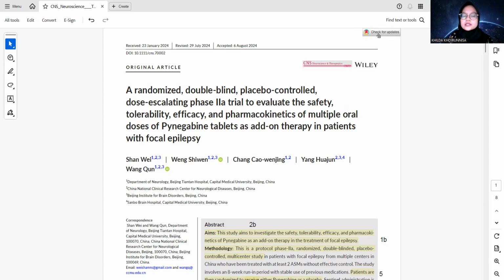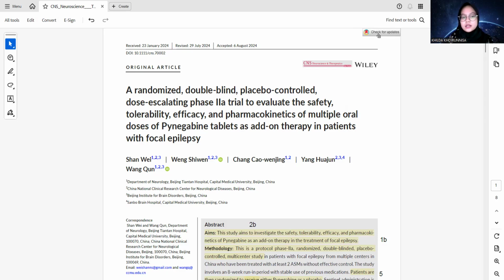Now, why does it matter? RCTs are the gold standard in medical research, but if they are not reported well, they can be misleading or biased, which may affect patient care, policy decisions, or future research. Using CONSORT, we can critically appraise whether a trial is valid, reproducible, and applicable to real-world settings.